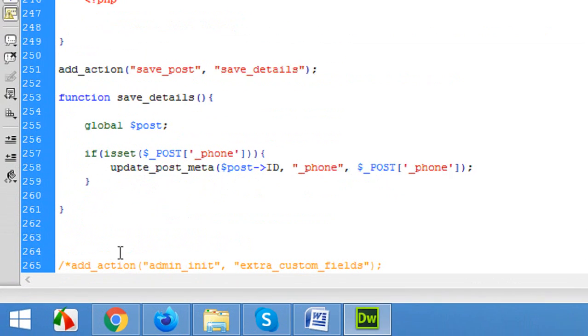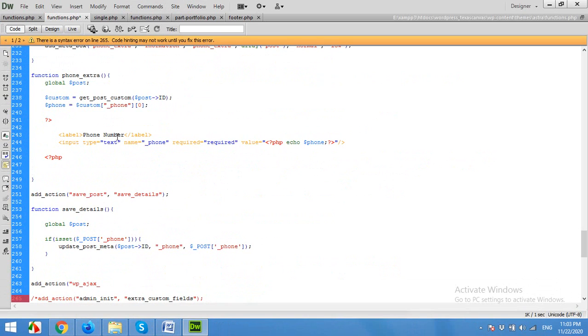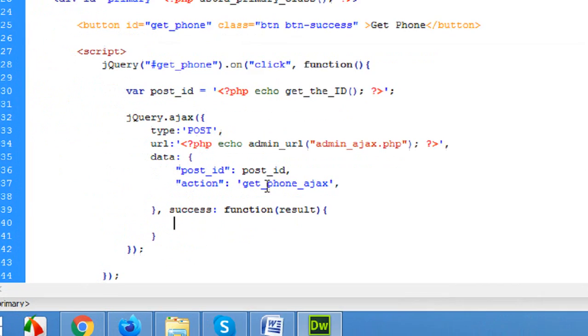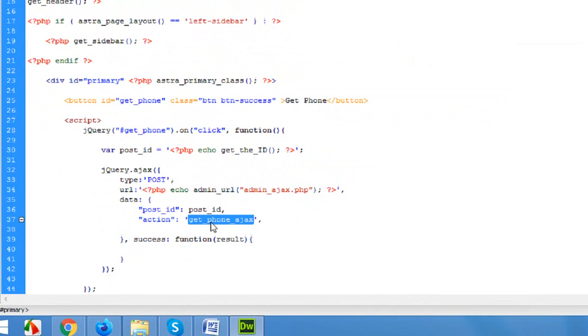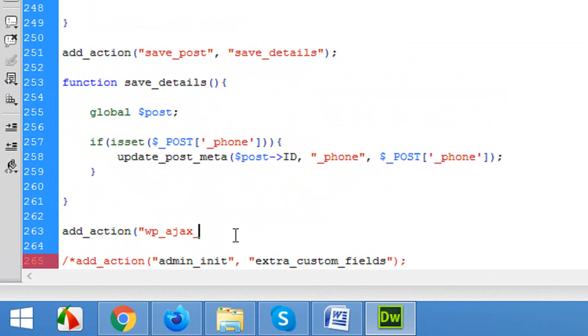First function will be add_action, and it will be wp_ajax_, and then the function name which we used in the jQuery or JavaScript, this one. Copy this, get_phone_ajax, and come to functions.php and paste it here,